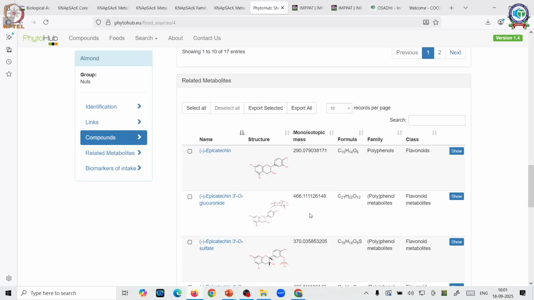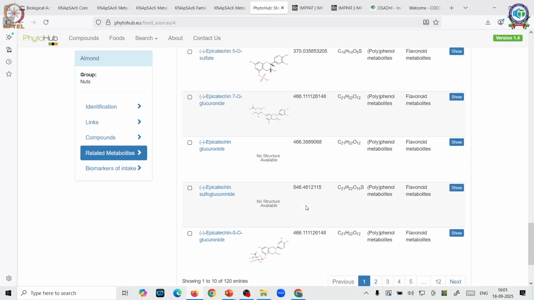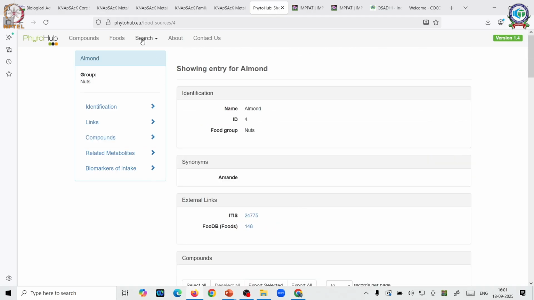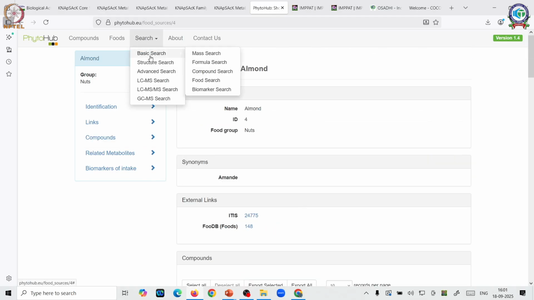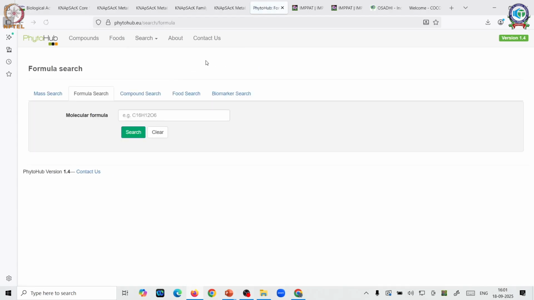You can also have a set of related metabolites and, if at all, biomarkers of intake. You can also go to the search page and you can do a basic search there. Let us say for example formula search. Let me just put, say for example, glucose formula or something like a carbohydrate formula.